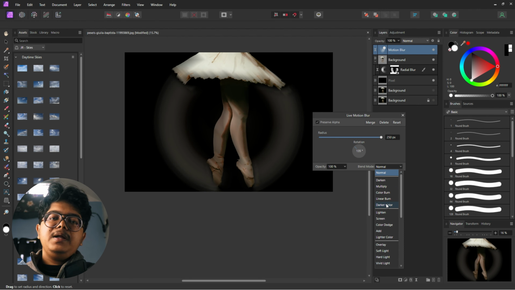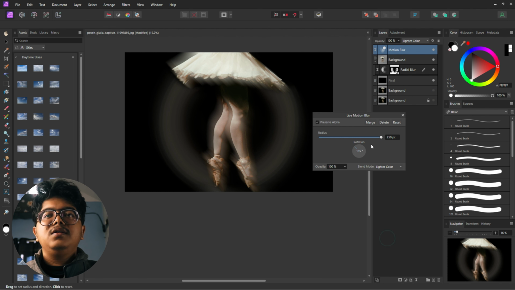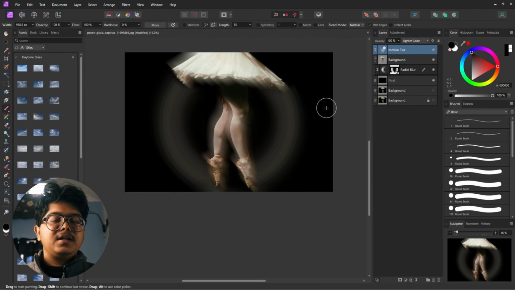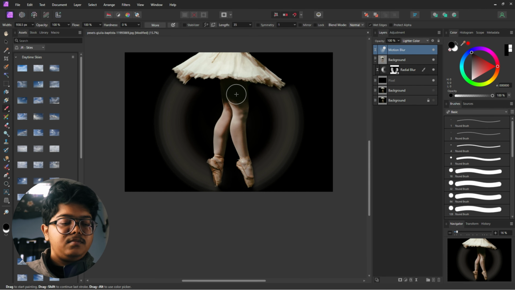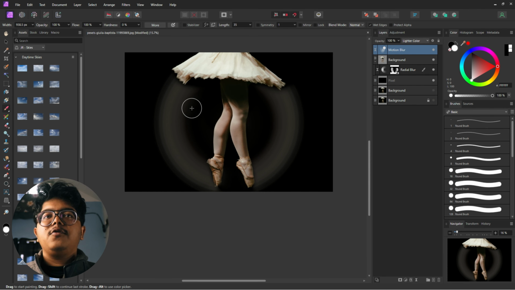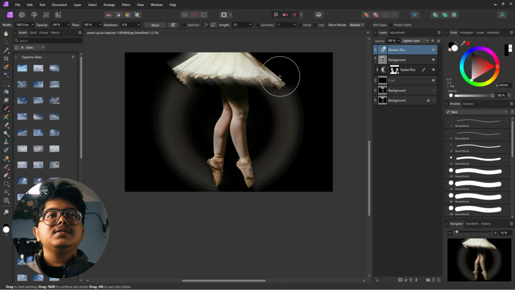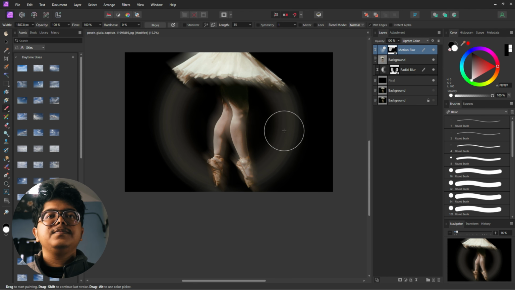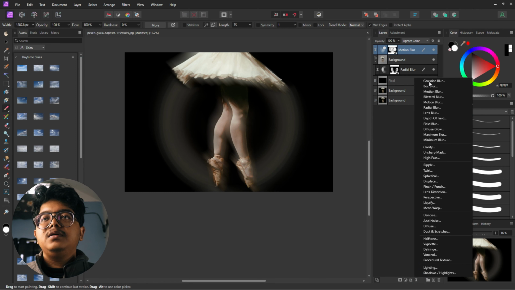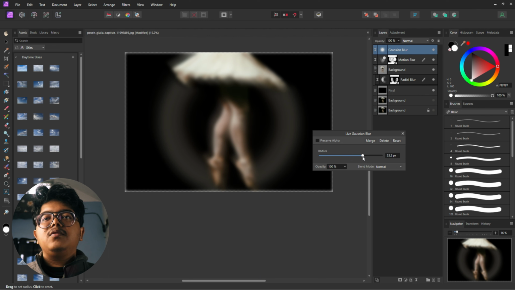Actually here you can play with the blend modes, but I think I'll go with soft light or lighter color, and then I'll just click invert. Then I'll pick the brush, white as the foreground color, big soft round brush, and repaint these regions to apply the effect. And now comes the part where we apply a glow to the image, and we will do that by using a Gaussian blur layer and set it around 20 to 30 pixels, anywhere in between that,